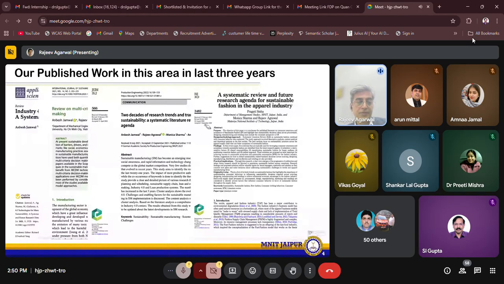One more paper. One of the scholars got her degree on 5th December. She's working in Accenture, and this is Systematic Review and Future Research Agenda for Sustainable Fashion Apparel Industry, with keywords sustainability, sustainable fashion, slow fashion, consumer clothing behavior, consumer awareness. And this paper is a literature review paper, published in Benchmarking. This is an SCI journal.